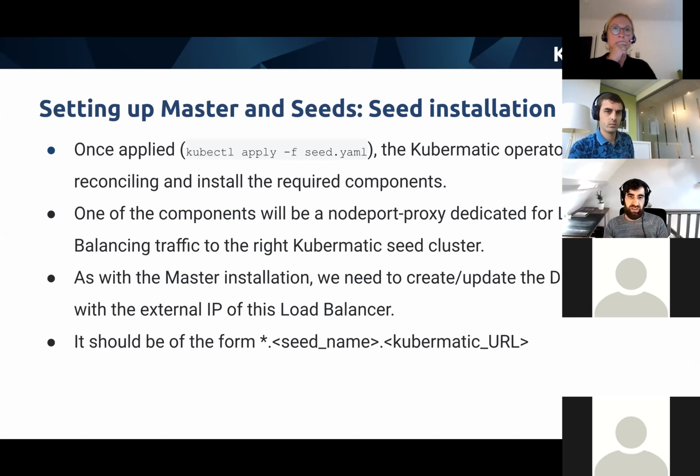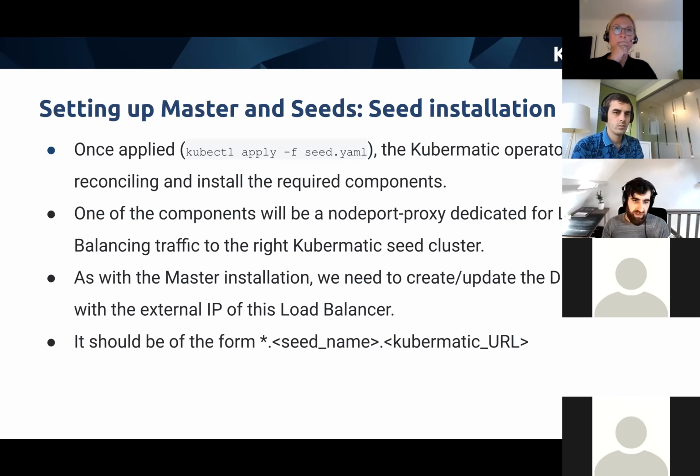So basically, what the Kubermatic operator will do is it will also deploy the node proxy, which is basically Envoy in the background, and it will create the right service. And what you need to do from your side, again, is update the DNS records on your DNS provider to target this specific